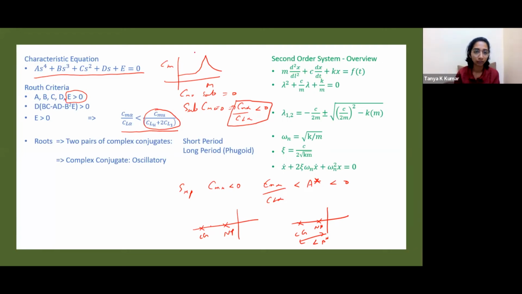Now the roots of this equation, that is AS4, BS3, and so on, come in two pairs of complex conjugates. What are complex conjugates? You get terms of the form A plus or minus IB, C plus or minus ID. So you have 4 roots, obtained such that they are two pairs of complex conjugates. When you have a complex conjugate root, it signifies oscillatory motion. It can either decay, or it can